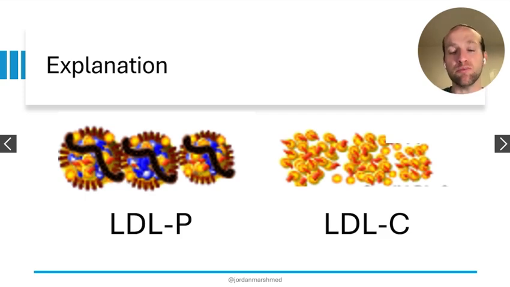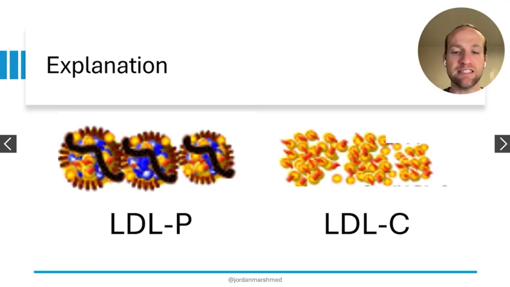So I want to start by just saying that there's a difference between LDL-P, or LDL particles, the total number of LDL particles in our blood, versus LDL-C, which is the total amount of cholesterol within LDL particles in our blood, if that makes sense. Okay, so it's crucial that we understand the difference between LDL-P, which, just like other lipoproteins, has an ApoB attached to it, and LDL-C, which is just the amount of cholesterol within LDL lipoproteins, okay?